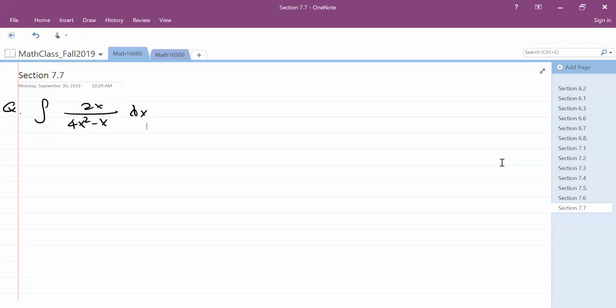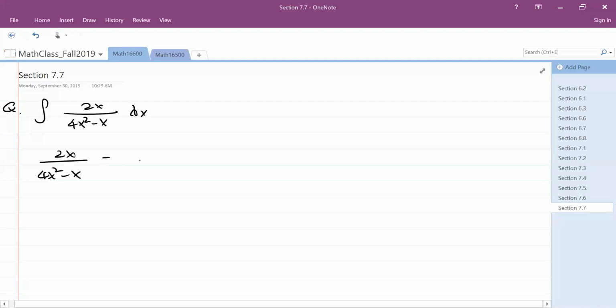All right, this is a typical problem. It's a rational function, and you look at that. The degree of the numerator is smaller than the degree of the denominator. But this is a particular case, okay, the reason is you can simplify